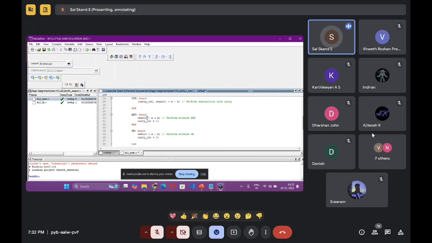But if I write it like this, with the simple one, this is called non-blocking. If I write it like this, these two blocks will execute simultaneously, in parallel. So that is what we want, right, in hardware descriptive languages. That is its purpose. Okay, I want to make this clear. This way we will be able to show the values simultaneously.